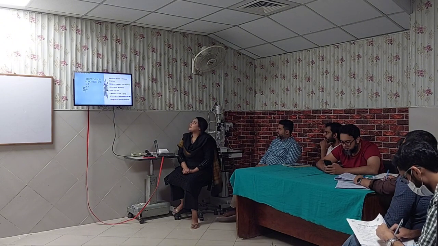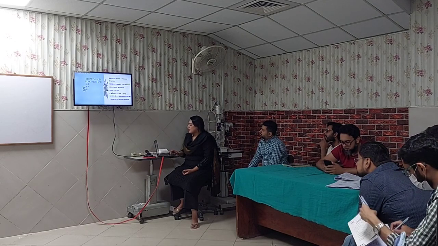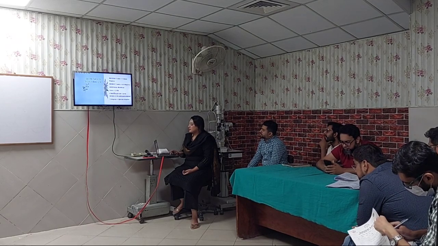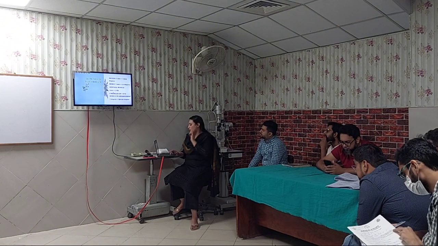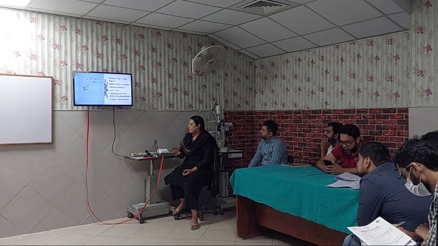How much to correct? For recession of 1 millimeter, it gives us 1.5 degree, and for resection of 1 millimeter, it gives 2.5 degree advancement. And keep in mind that 1 degree is equal to 2 prism diopters. For vertical muscle resection or recession, 1 millimeter causes a 3 prism diopter effect, and if 2 muscles of one eye are being treated, then it gives an additional bonus of 5 prism diopter.